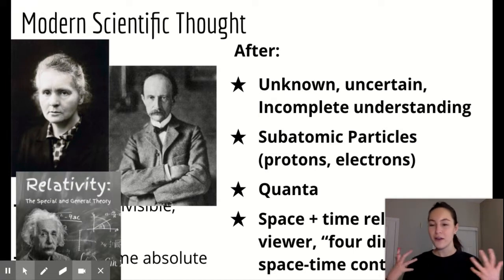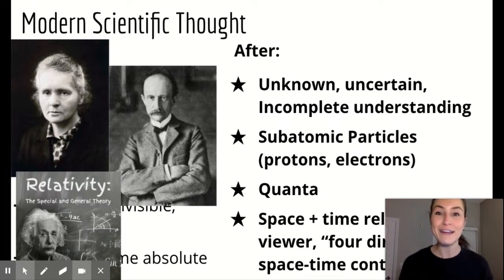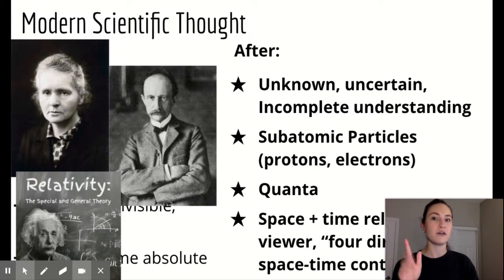And then, of course, the one and only Albert Einstein is coming out of this era as well. He has a number of big ideas that are way beyond me, honestly. But one of them is his theory of relativity, the idea that space and time are not absolute, but relative to the viewer. They are not absolute truths. They are relative to the person viewing them. And from there, he came up with the idea of a four-dimensional space-time continuum, which is just as intense as it sounds. Einstein was not super famous at first when he was proposing these ideas. He gets a little bit famous later on. I'll tell you about that in a second.